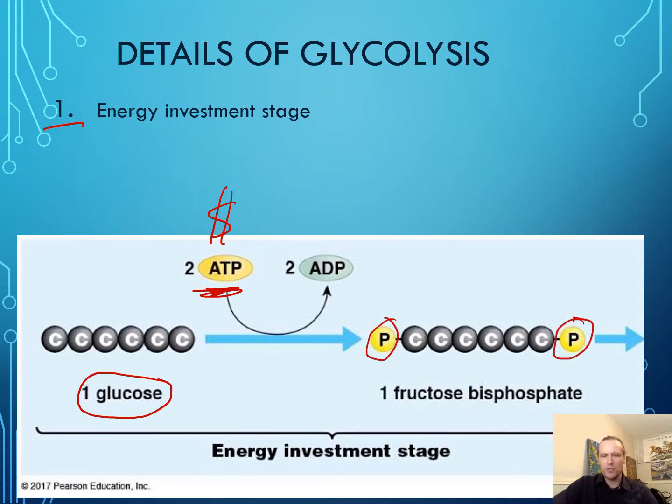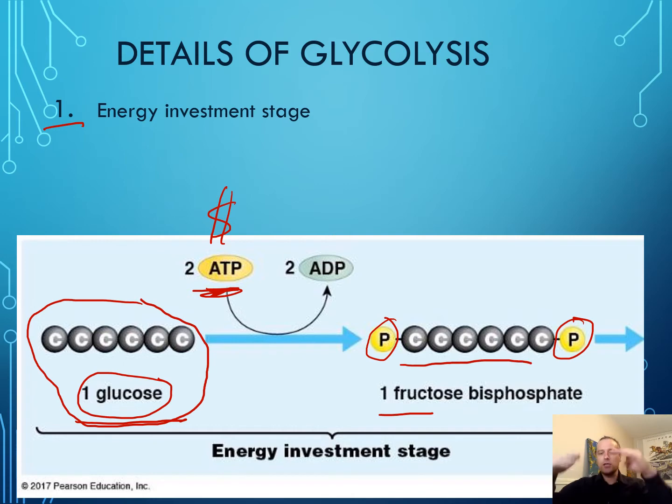So remember, these phosphates are really high energy, and they increase the energetic state of glucose to a higher energetic state. So this is fructose 1,6-bisphosphate. And what else about that? Right. Glucose, we wouldn't want glucose just spontaneously going through glycolysis or respiration. So glucose here is a little bit more stable than fructose bisphosphate. So when we phosphorylate glucose, we increase its energy state and we lower the activation energy to